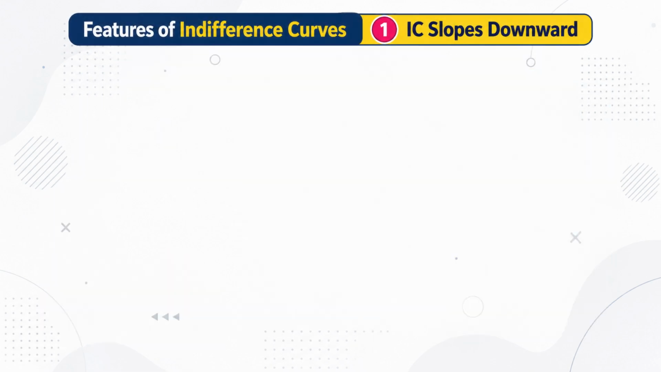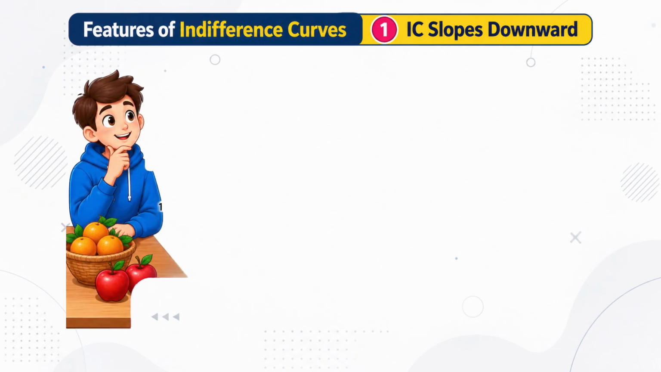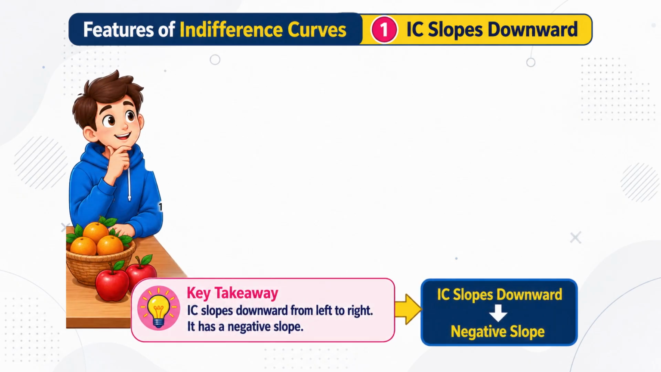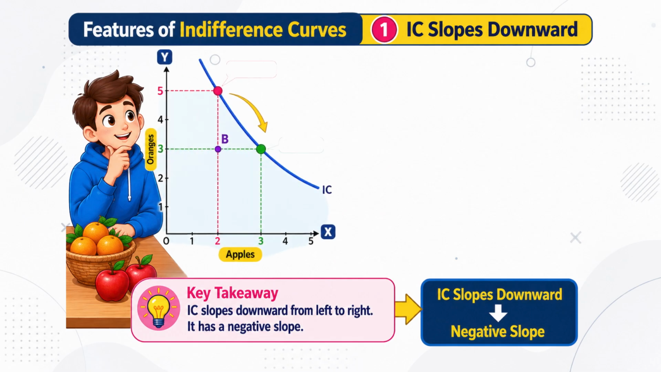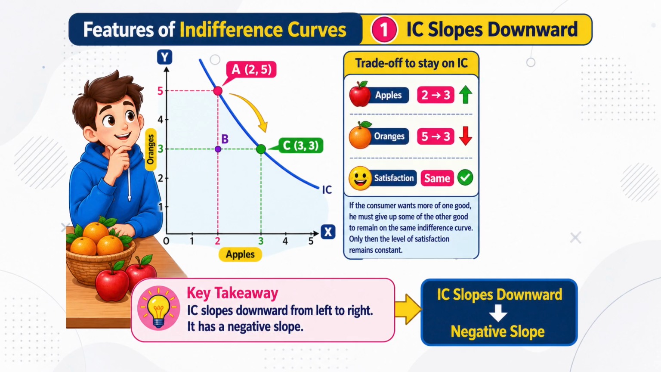Let us now look at the features or properties of indifference curves. The first property is that an indifference curve slopes downward from left to right. In other words, an indifference curve has a negative slope. Let us understand this using the graph. At point A, the consumer has 2 units of apples and 5 units of oranges. Now, suppose the consumer moves from point A to point C. The quantity of apples increases from 2 units to 3 units, while the quantity of oranges decreases from 5 units